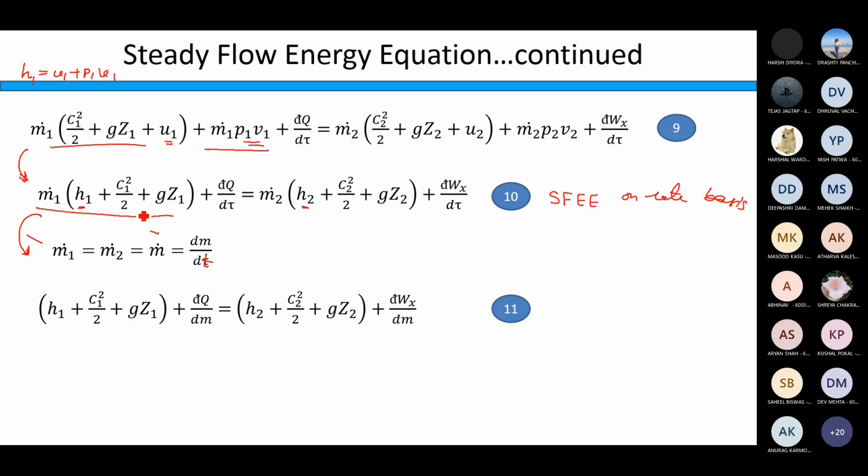If you divide this expression, for the first term it will be m dot 1, so this term will get cancelled out. Here you have to divide by dm by dt, which is m dot now. So when you divide it by dm by dt, it means dt by dm, something like this, right? It means this per unit time, this time will be